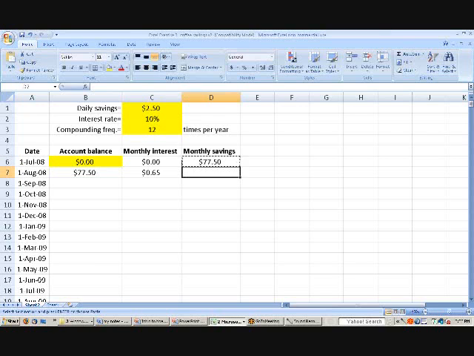And here, I should just be able to copy this down. And we check the formula. C1, which is the daily savings, times the quantity A8 minus A7, which is September 1st minus August 1st. August also has 31 days, so this looks right that July and August we have the same amount of savings in both months. And now that I have all these formulas written out, I should just be able to copy them down